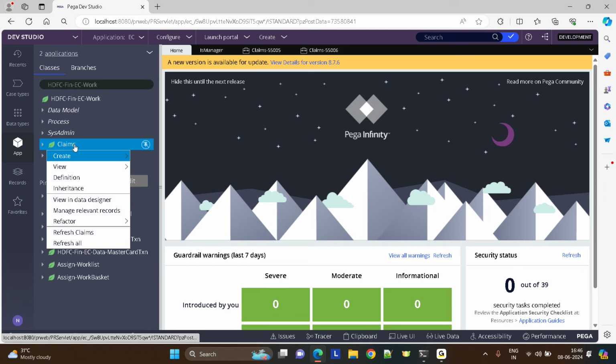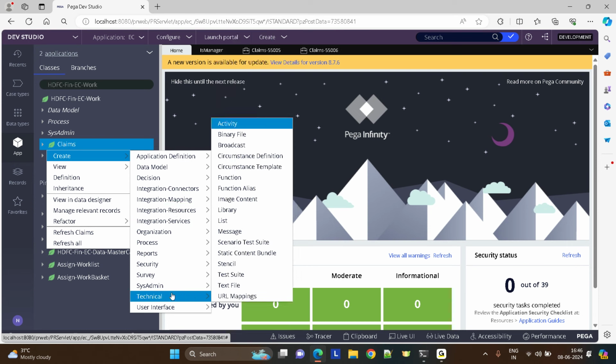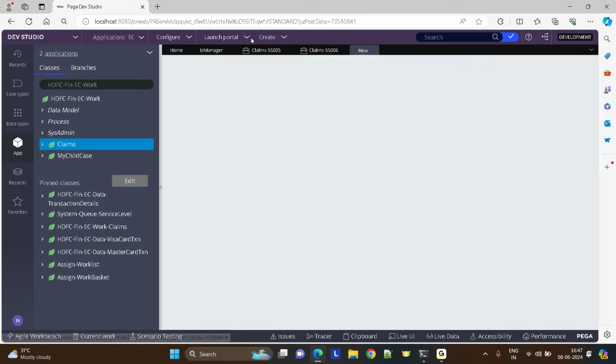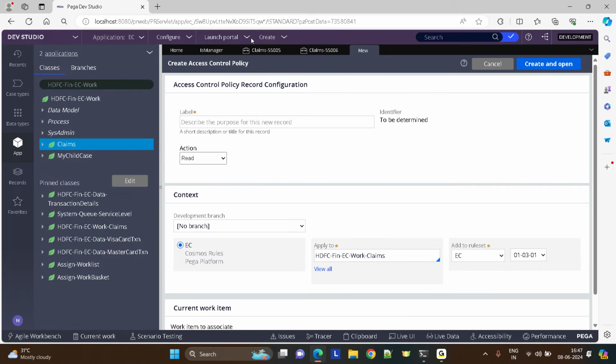For that, we have something called ABAC, that is attribute based control. Under security, you can find it. We have access control policy and access control policy condition. These two come under ABAC. So what is an access control policy? You want to control the access using this. You have different options here. Do you want to control whether the user can read the data or not, meaning the user can't even see the data?